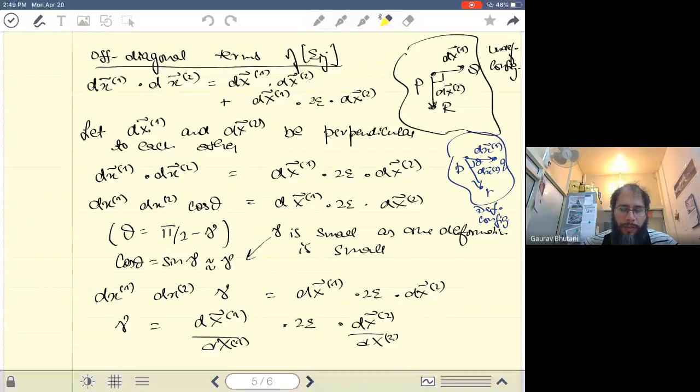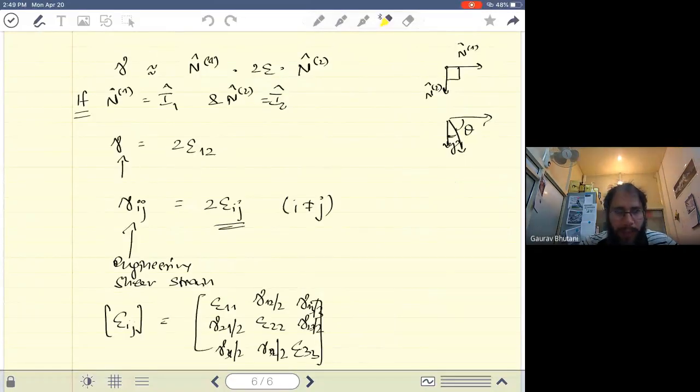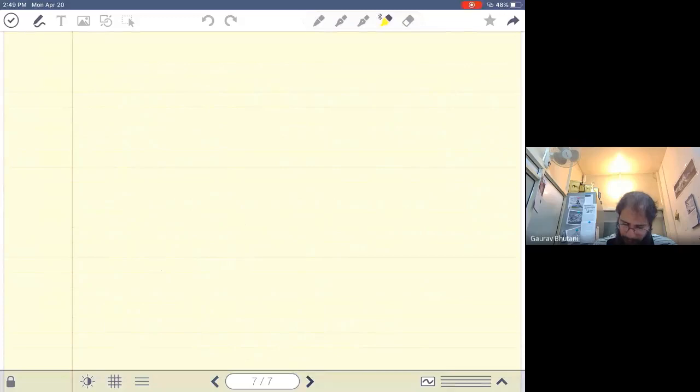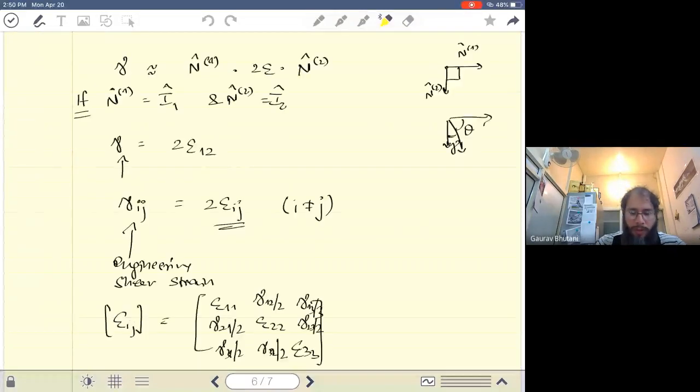There, after doing some algebra, we finally got something called gamma. Sorry, and this gamma was given as n1 dot 2 epsilon dot n2. So what that basically means is that,